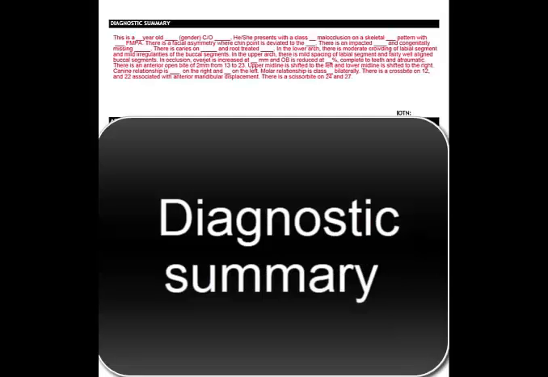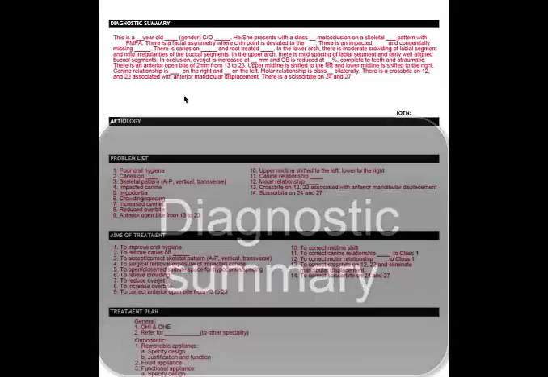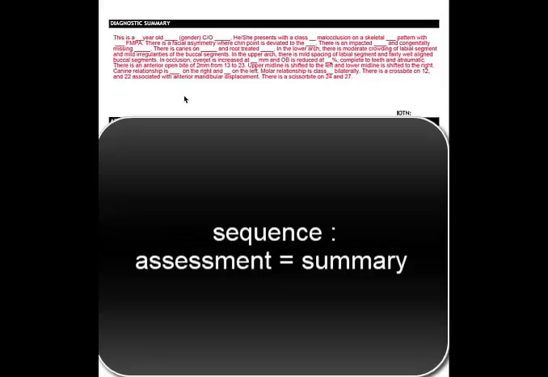Now let's look at diagnostic summary. Diagnostic summary is basically the summary of your findings after you have done the orthodontic screening or examination and diagnosis of a patient. It contains all the important features of the specific patient. Here is a template. So if you look at the flow of the template, the order of the summary follows